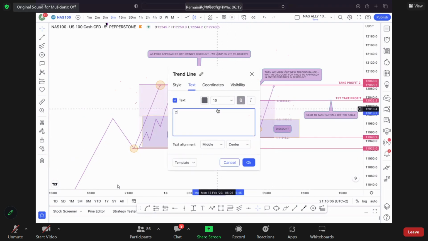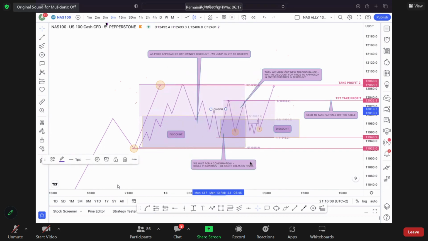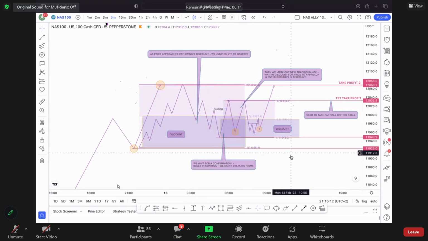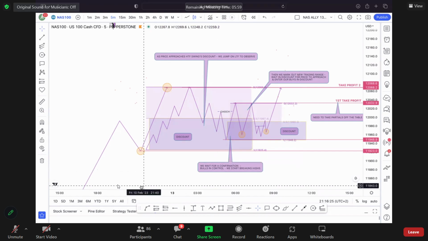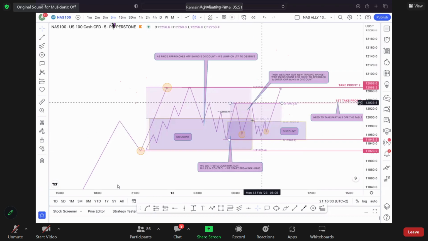Everybody, do we enter at that? Do we enter at support and resistance that we were taught last week, or is that a whole different thing I'm talking about now? Wait, you're saying we enter? No, we never enter at support or resistance, because that's essentially how the retail traders get caught out. But we enter at supply and demand, which we'll get into in detail. But essentially, demand sits in discount and supply sits in premium.